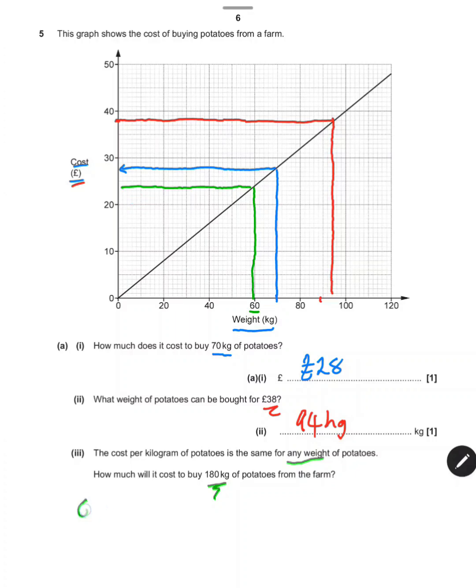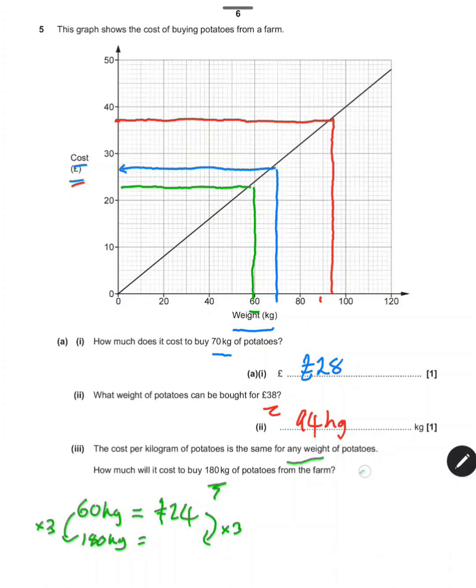And if I just write that down, 60 kilograms is 24 pounds. Well, I know that 60, 120, 180, if you times that by 3, you get 180 kilograms. So all I need to do is times my 24 by 3. So I'll do that over here. 24 times 3. 3 4s are 12. 3 2s are 6, and that makes 7. It costs £72